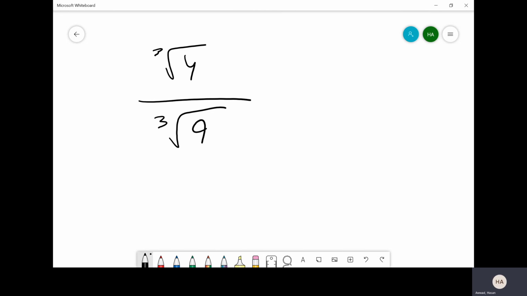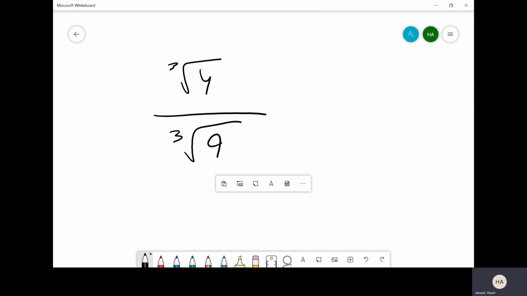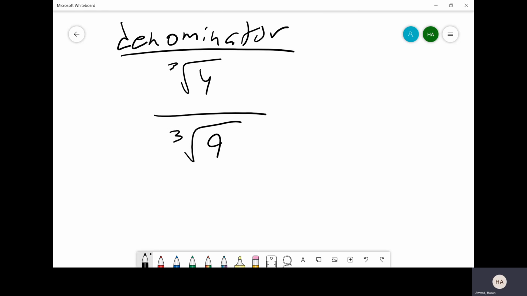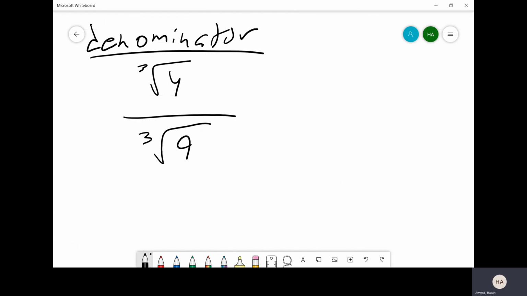So our goal here is, and again, I should have specified, sorry, our goal here is to rationalize the denominator. Don't know if I said it, but I will write it again. We're trying to rationalize the denominator here. Okay, so our plan of attack here is we say, okay, we have a cube root. What I want to do is I want to multiply 9 such that I get a cube root inside of the radical. Because if I get a perfect cube inside of the radical, then it'll cancel with that cube root,